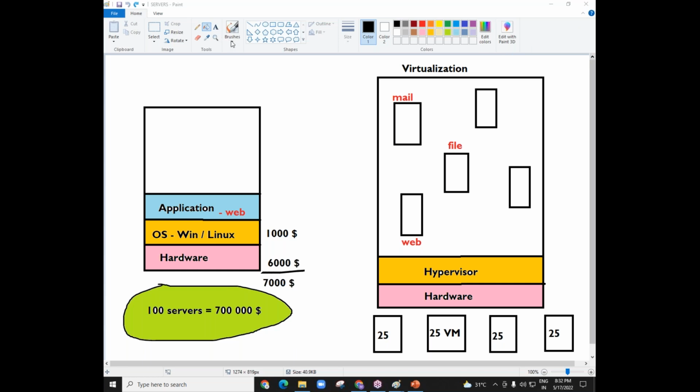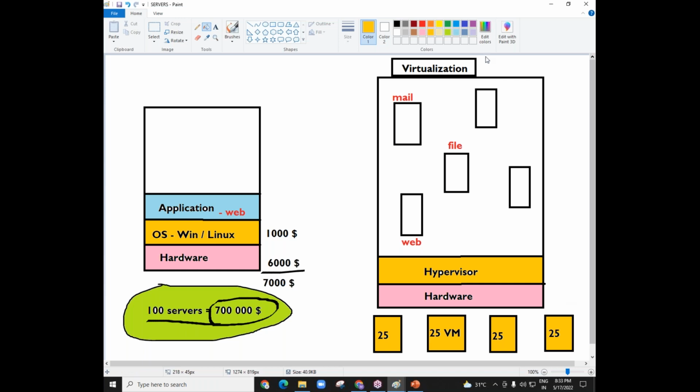What is one scenario? One scenario here is we have totally 100 servers. So how much money is the company spending? It is spending that much money. Okay, but there is one more option available. That option here is virtualization. You know what happens in virtualization? In virtualization, instead of spending money on 100 servers, we can spend money only on 4 servers, 3 servers, maybe, or 2 servers, whatever the number, but let's say I have selected 4 servers. How many physical servers have we borrowed? We have borrowed totally 4 physical servers.